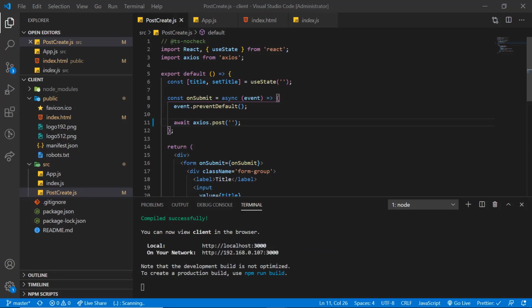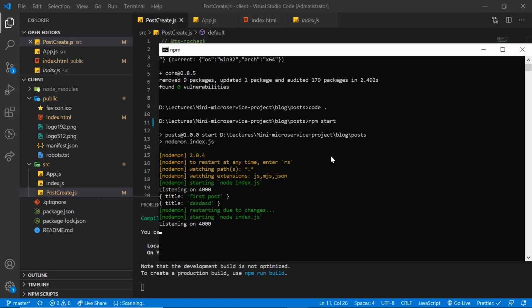We are going to make a post request to our post service and remember it is running on port 4000. Let's cross verify it. You can see here that we are inside the post directory and it is running on port 4000.